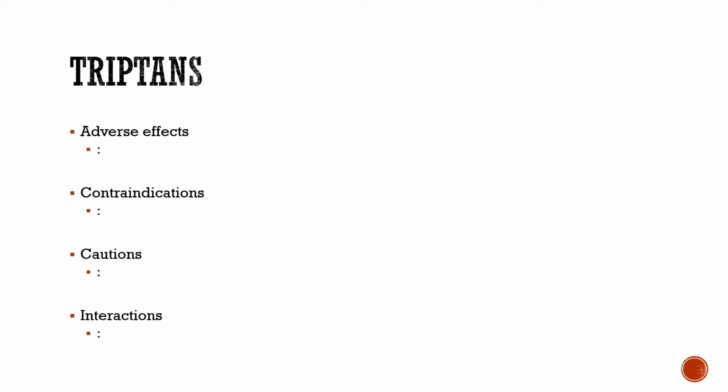Adverse effects. Well, we talked about what they do, so you can probably immediately understand what adverse effects we would be concerned about. And that is blood pressure changes, angina, right? Because if we're causing some vasoconstriction, we may cause a little angina, and coronary vasospasm. These can also cause some dizziness. People have an overall feeling they can't even sometimes explain. They're just like, I don't know, it just kind of makes me feel weird, but it knocks out my headache, so I'm good with it. I can sleep that off.